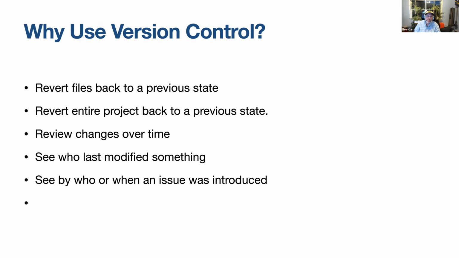There's a lot of really important reasons why you would want to use version control. First up, it lets you revert files back to a previous state, which can be helpful, but even more helpful is it allows you to revert entire projects back to a previous state. If you're a junior developer or any developer really, you probably have a lot of apps on your desktop where you've got cool project 1 and then cool project 2 and cool project 3, different variations of that same project in different folders, right? So using a version control system will allow you to better manage all your files and that kind of thing.